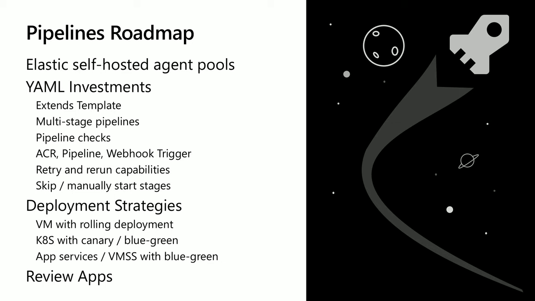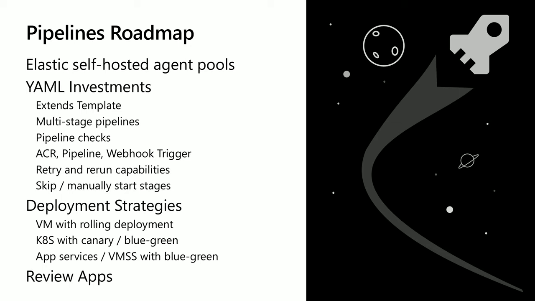And then the final one on the trigger side is webhooks. I see a lot of people who build an Azure function, which listens for some stuff to get done, and then uses the REST API to call Azure DevOps and trigger a pipeline to go. Let's get rid of that. Let's just create a webhook trigger that you can send a payload in, and then those variables come into your release. That's awesome. Right now, you don't have rerun capabilities on the individual steps.